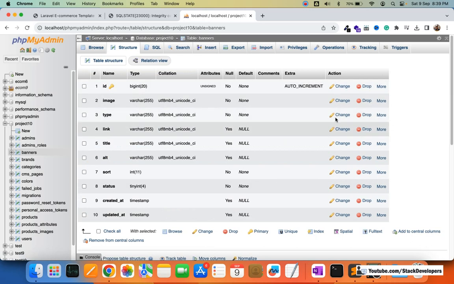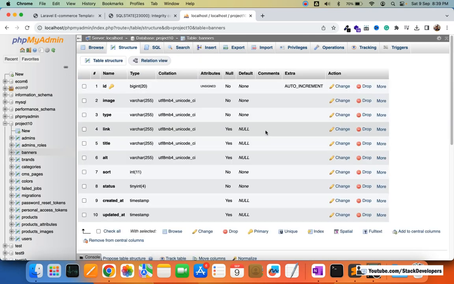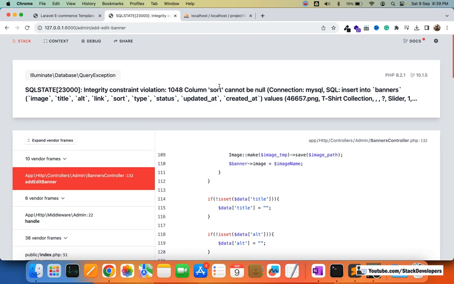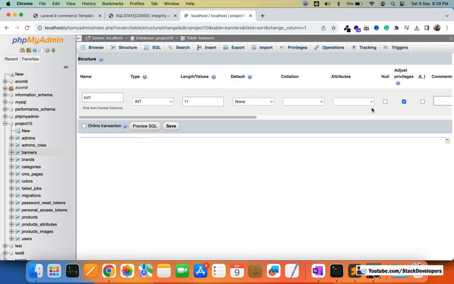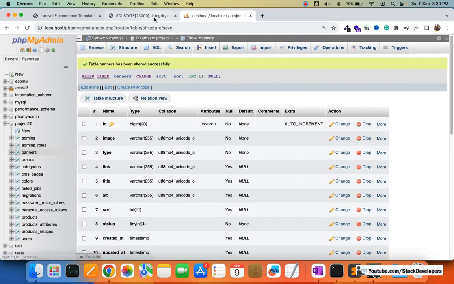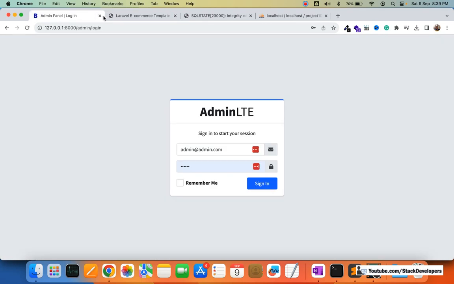Okay, like for link, null is fine. For the sort option, for the type, it's fine. Link, title, alt, yeah, for the sort as well. Allow null as well. Okay, so we can also allow 0. Okay, so here, sorry,